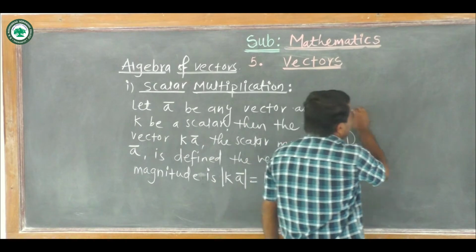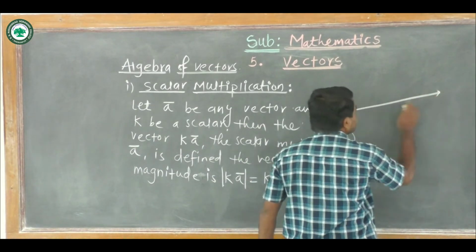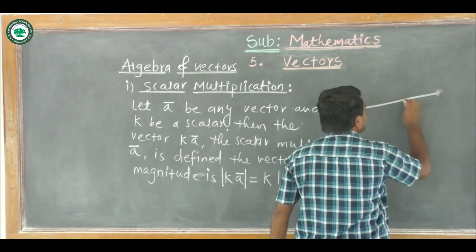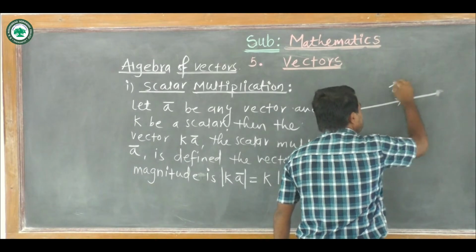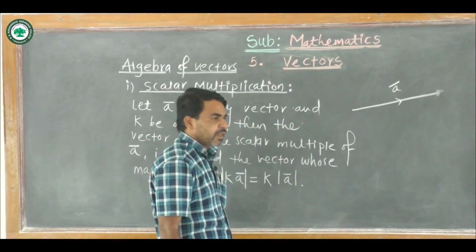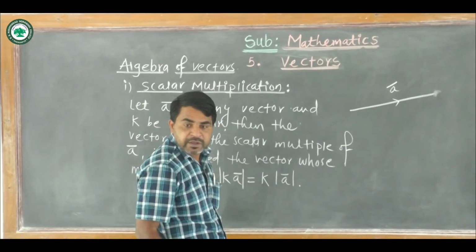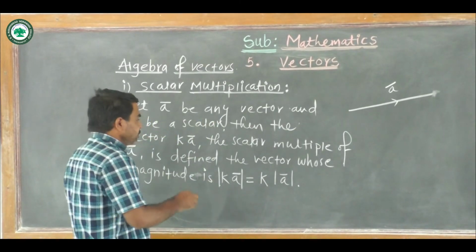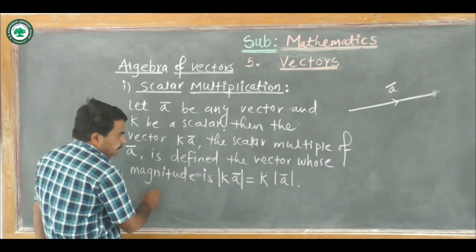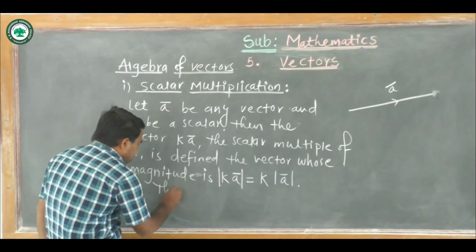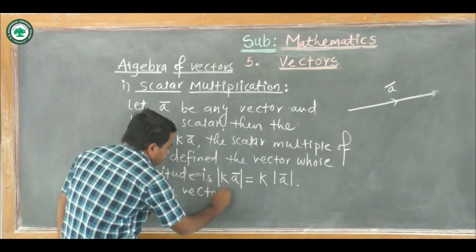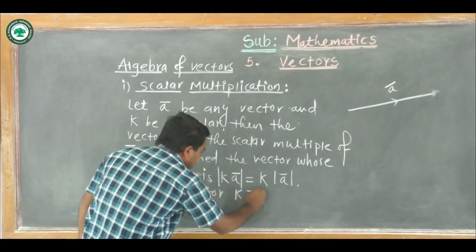See, if this is the vector a, then the vector k into a bar